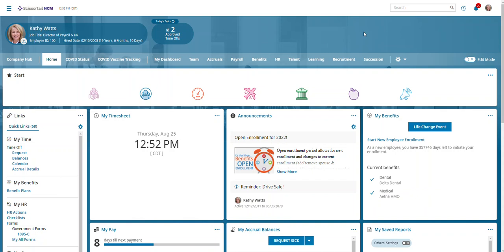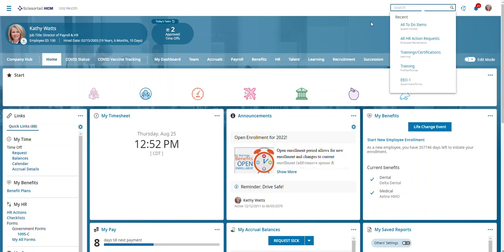Hello, I'm going to show you how to unlock an employee's account. There are two ways you can go about it. The first way is to look up the employee,